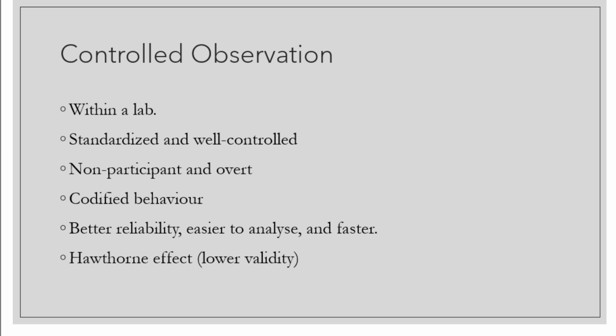Researchers use codes for studying behavior in a controlled observation. Since the behaviors being studied are properly demarcated, the codified behavior can be given a number across a scale. That means it is easier to evaluate once we have collected the data. It is also faster than naturalistic observation, as we will see in a minute, and we can control intervening variables to finally arrive at a cause and effect relationship between multiple variables.